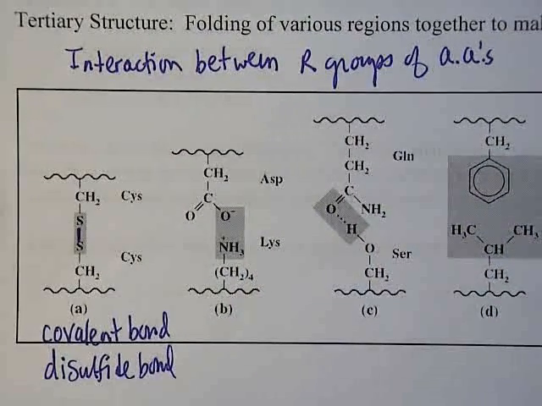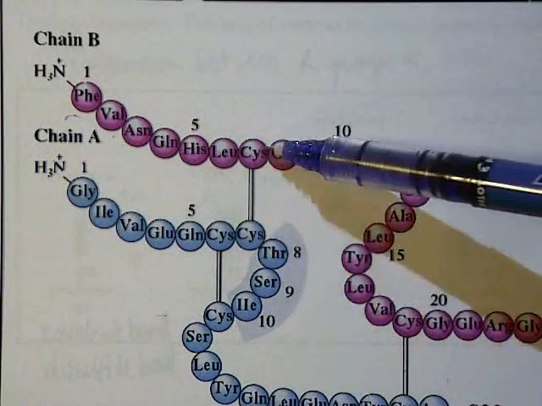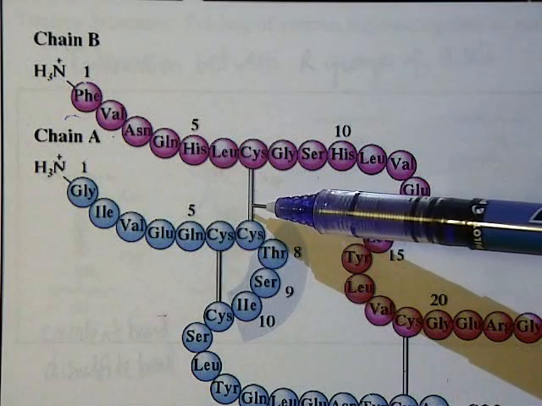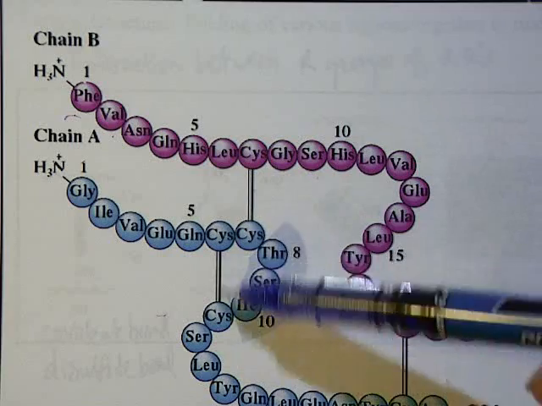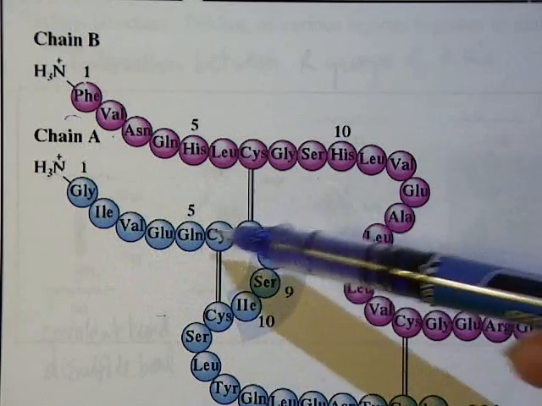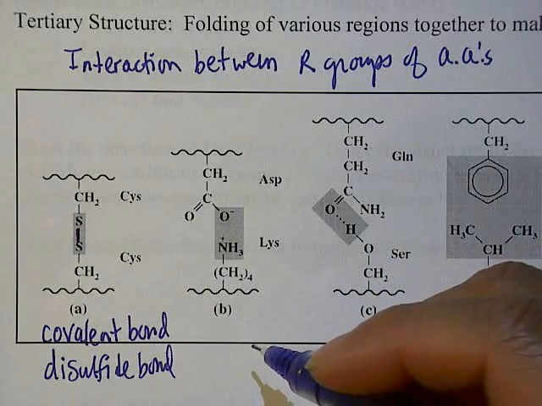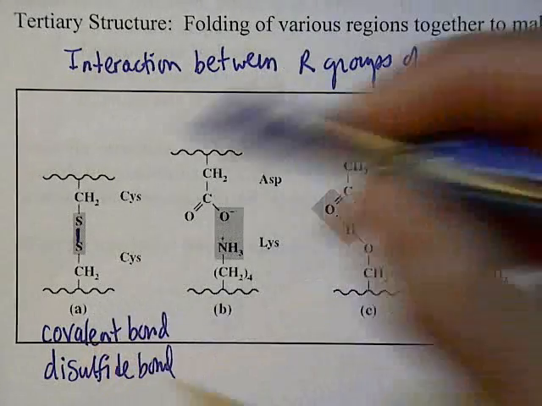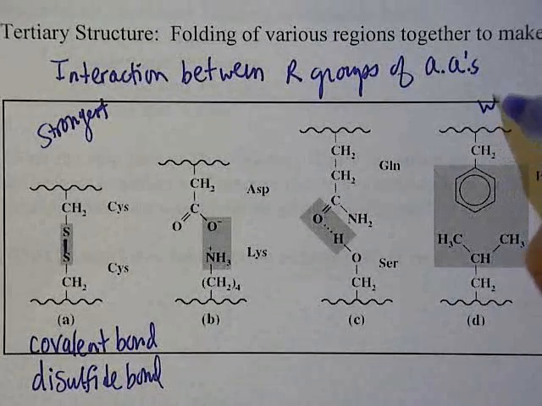And that could only occur when we have cysteine amino acids available, just like you saw in the insulin. Notice that the cysteine form disulfide bond here, connecting the chain A to chain B in two places, as well as there's an intra-molecular cysteine disulfide bond causing this to curve around like that. All right, so that's very important. The second strongest interaction, so as we go from left to right, this is the strongest interaction and this is the weakest